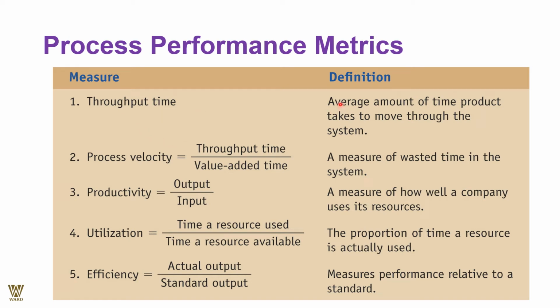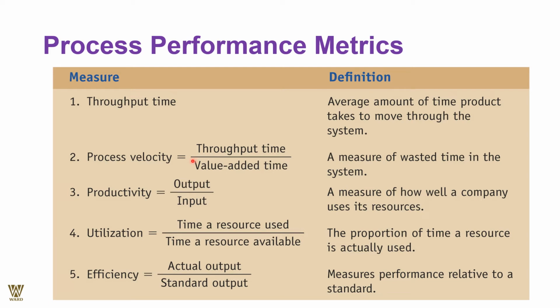The throughput time is the average time that a product takes from receiving the order to placing the order. What are the throughput times in between? I've placed an order today and I receive the order 3 weeks later. I place an order today and receive the order 2 days later. I place an order today, and within half an hour the delivery takes place. So you see the throughput time ranges from 30 minutes to 2 days to 21 days. That is what throughput time is all about.